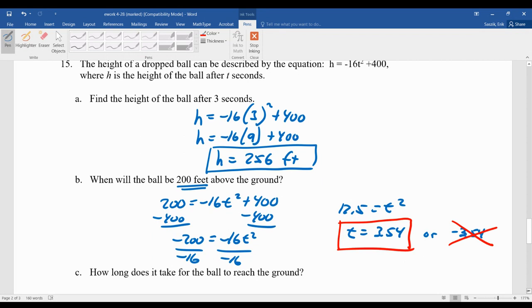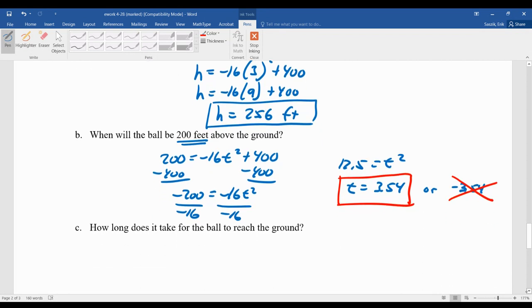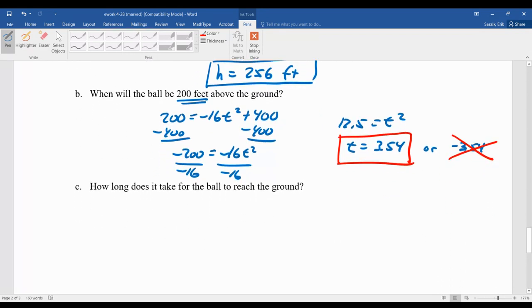All right? I'm hoping that this stuff rings a bell here. How long does it take for the ball to reach the ground? Remember, when the ball reaches the ground, the height is then 0. So we're plugging 0 in for h. And again, just like we did in part B, there is no b term. It's just a t squared. So we are going to